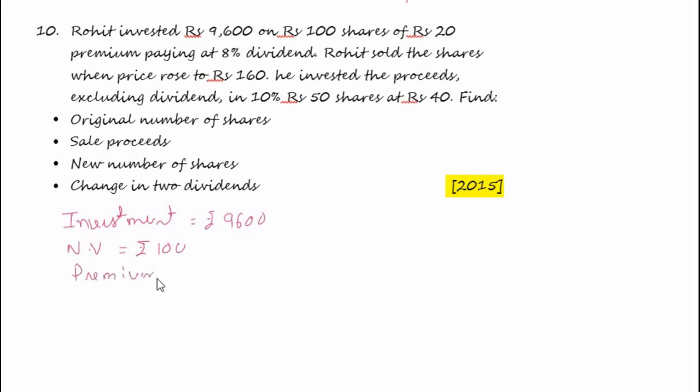What is the premium value? Bought at rupees 20. Therefore market value is 100 plus 20, it is rupees 120. So this is the total investment. This is the price at which he bought. So the number of shares, therefore